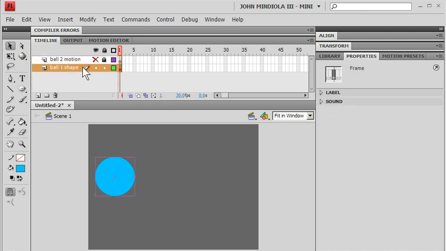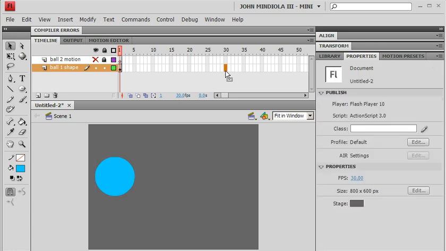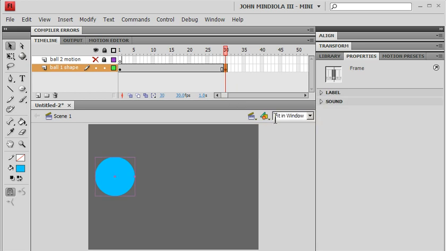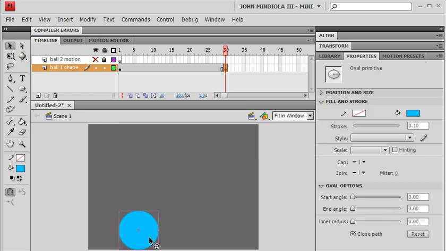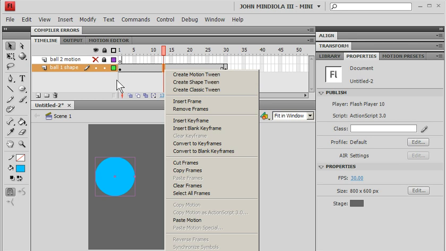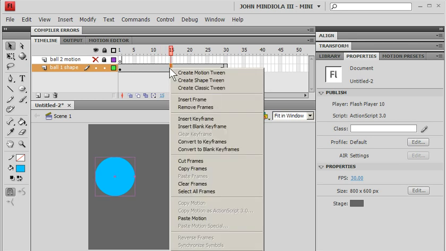So we're working on the shape tween right now, and at 30 frames per second, the ball's here, and at 30 frames, let's say I want it to be down on the ground. So I'm going to right click on this one, or if I'm on a Mac, that would be control click. If you don't have your right click set up, I'm going to go to insert a keyframe, and at this point I'm going to move the ball down to there. Alright, then I'm going to right click anywhere between this keyframe and this keyframe,